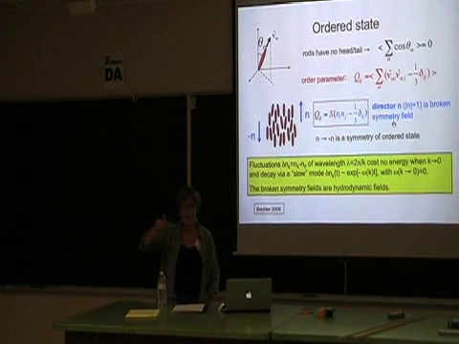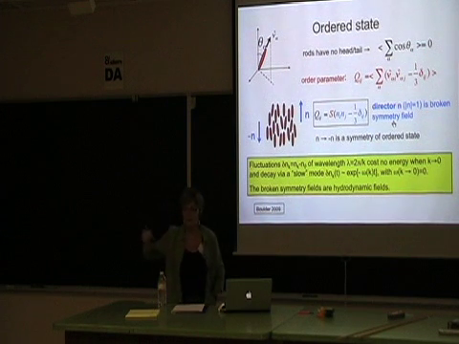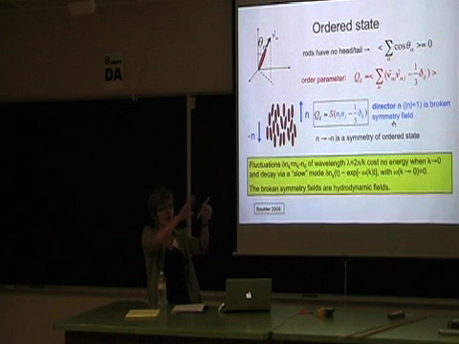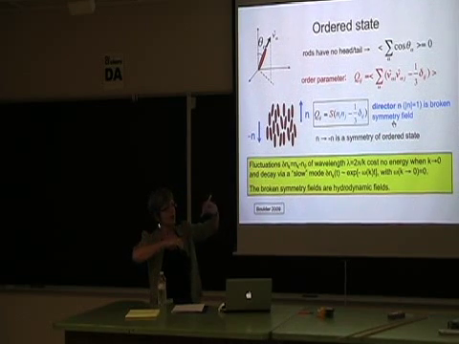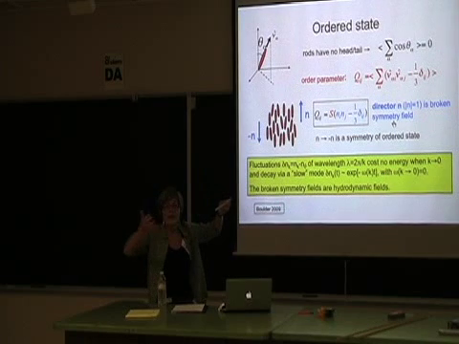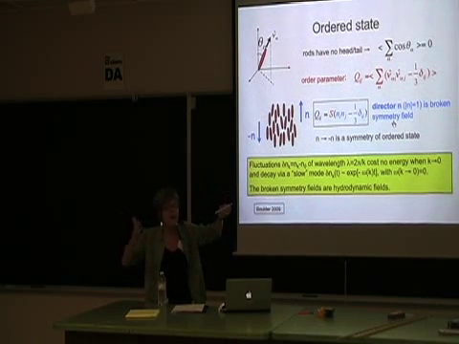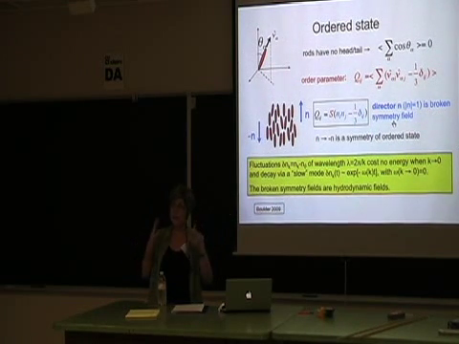The rod itself is head-tail symmetric. The macroscopic ordered state is also head-tail symmetric. Once the system orders, say all the rods are aligned in this direction, clearly this direction is different from the other directions. But the system is symmetric under changing the direction. So the orientation is the same, but it is symmetric in the direction. So if I were to write the energy of this system, it has to be even in n, because n and minus n are the same thing.